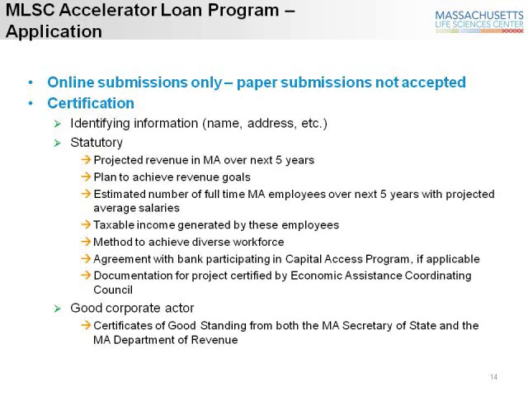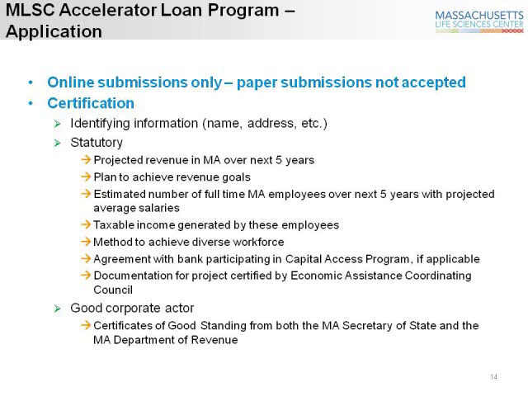As far as the application process is concerned, online submissions only are allowed. Paper submissions are not accepted. You will have to provide certification type information which is required, including things like your name and address, some statutory required information such as the projected revenue in Massachusetts over the next 5 years, your plan to achieve revenue goals, your estimated number of full-time Massachusetts employees over the next 5 years with projected average salaries, your taxable income generated